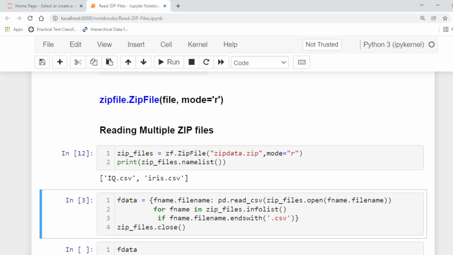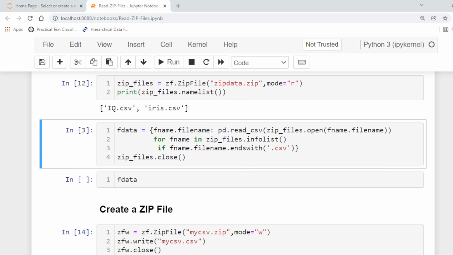Now to read these files, we are using pd.read_csv with zip_files.open and the file name, for fname in zip.infolist. Actually, all the information related to the files stored in the zip archive is stored in the infolist.